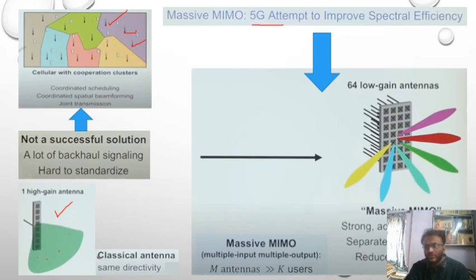Instead of a linear array, we are going to place this as a planar array. To make this a planar array, in both the azimuthal direction as well as the elevation direction, the beam can be steered. And using the steering beam, interference to other mobiles or other receivers reduces, and the signal to noise ratio is going to